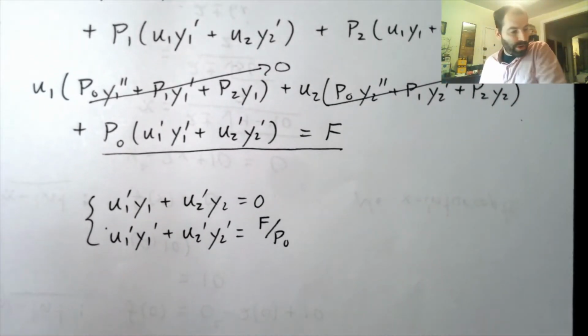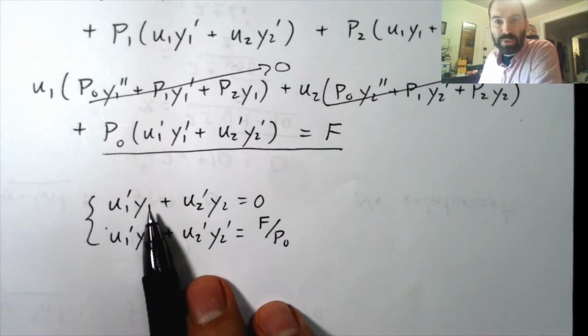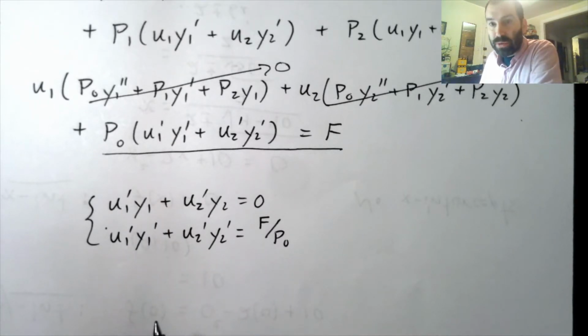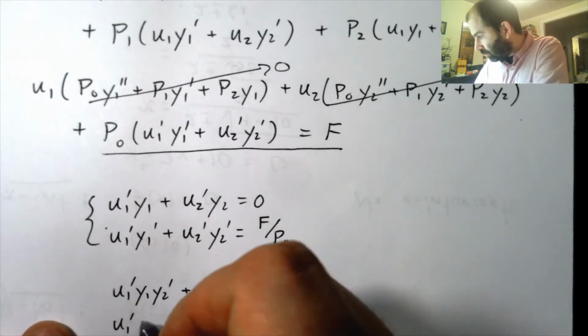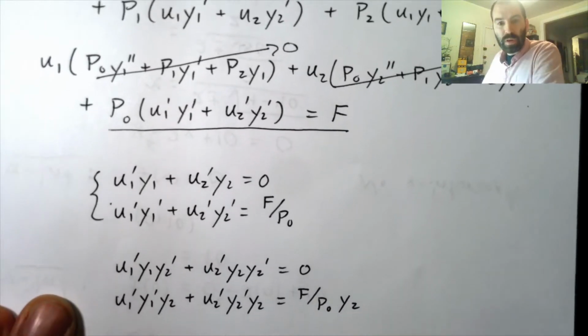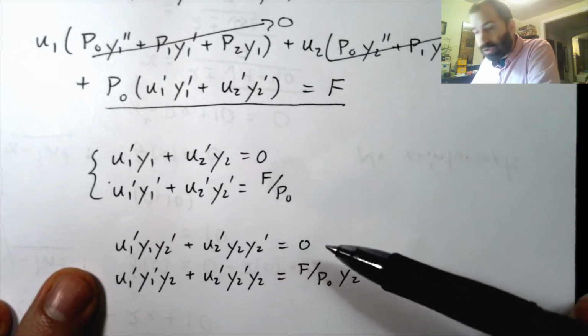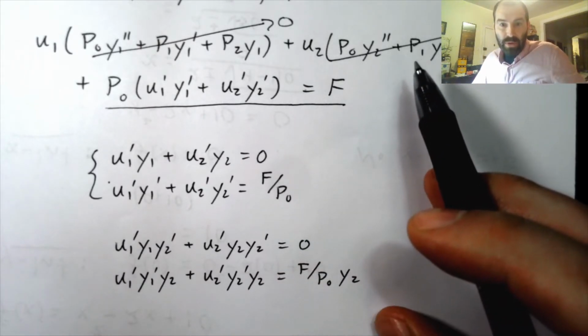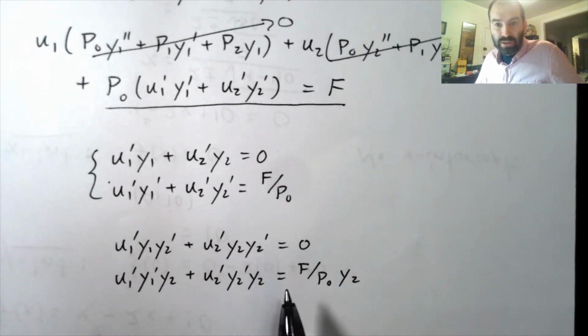Okay, so what we want to do is we want to see if we can solve this for u1 prime and u2 prime. Okay, so what we're going to do here, I'm going to multiply the top equation by y2 prime and the bottom equation by y2. Okay, let's just go ahead and do that and see what we get. Okay, I get this. Now, some things match up. If I subtract the top equation, let's subtract the bottom equation from the top equation, okay,